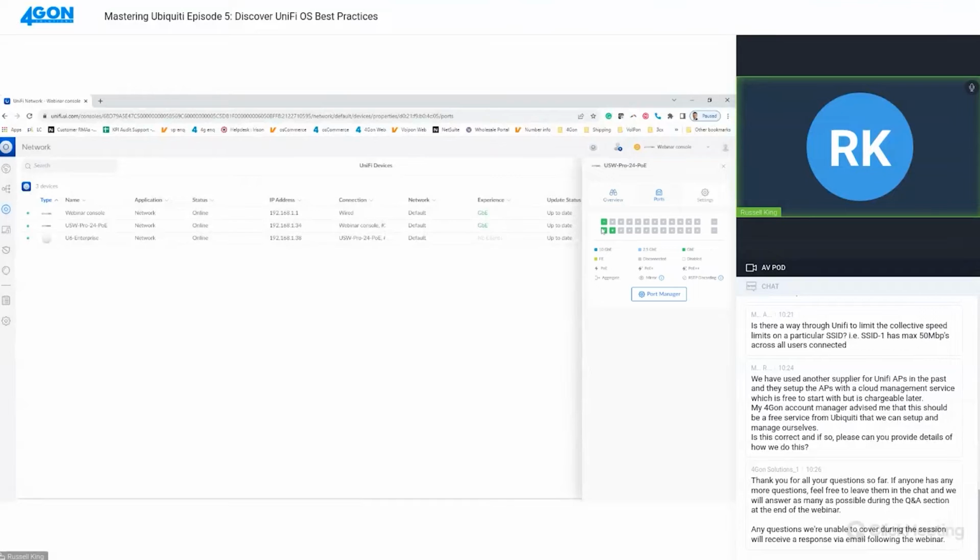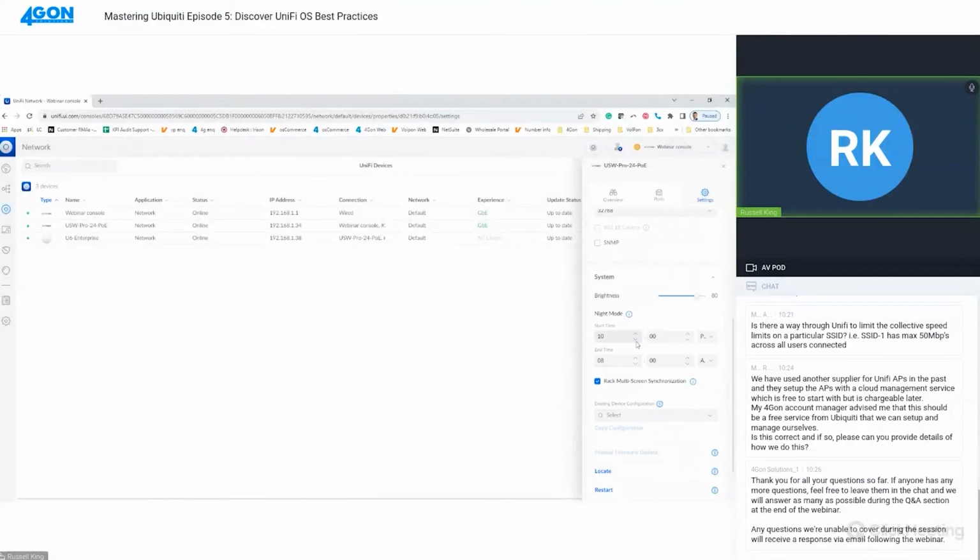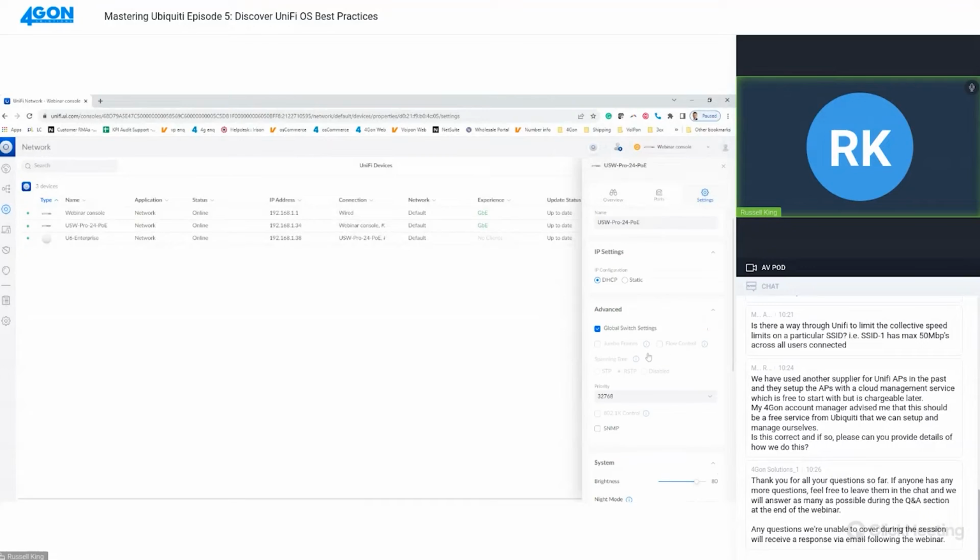Ports will show me connected ports, and it's a handy diagram to show you what devices are currently doing. And we have a port manager as well, which I'll demonstrate shortly. And then settings, which are general settings for the switch. So for example, whether I want to give it a static IP address or let it use DHCP. Some global switch settings, and some information about the screen that's on the front of it, as well as obviously being able to forget it, restart it. And we can also use locate to make it flash its screen, so administrators can see where in the topology